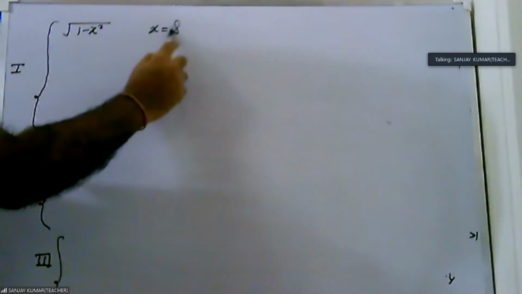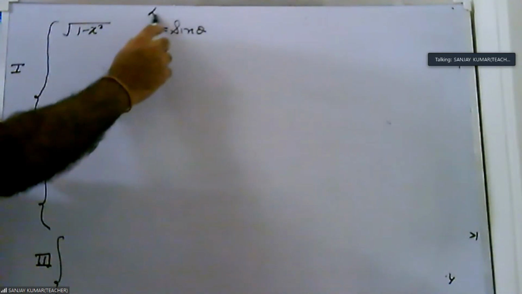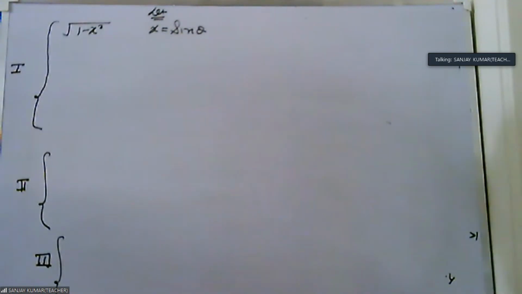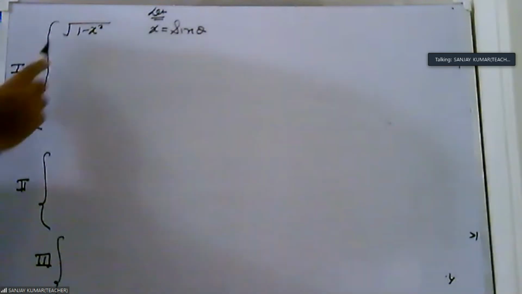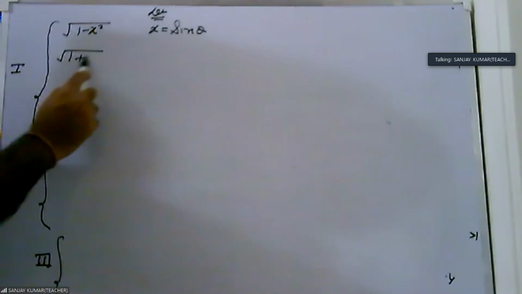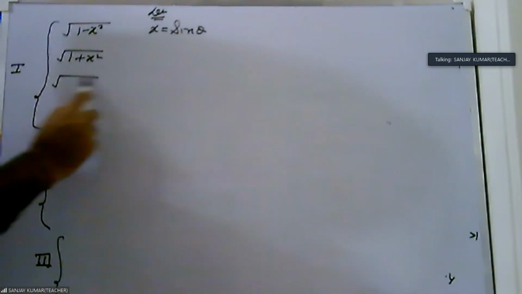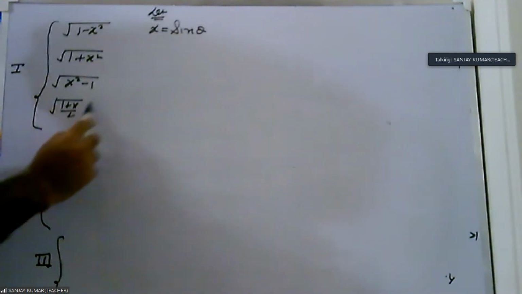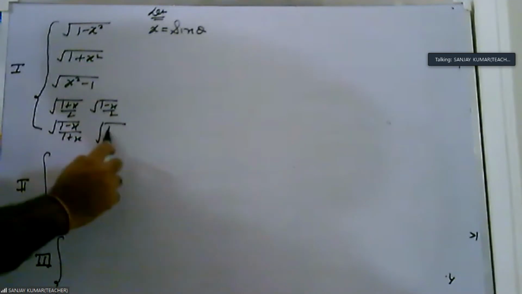Okay, so this is x is sin theta. We suppose x is sin theta. If in any question you find under root 1 minus x square, then we always suppose x is sin theta. Why do we suppose sin theta? मैं क्लियर करूंगा आपको. देखो, if you have 1 plus x square or x square minus 1 or 1 plus x by 2, 1 minus x by 2, what is the meaning of all these things? मैं भी आपको क्लियर करूंगा. Don't worry. आप इसको खाली कॉपी करो. Only copy it. ठीक है.